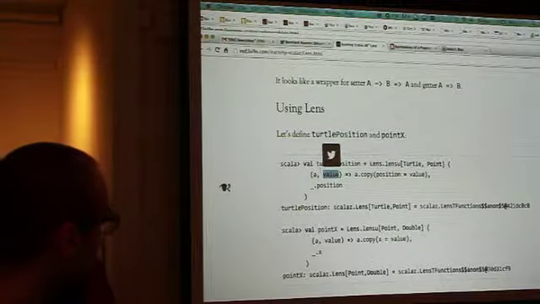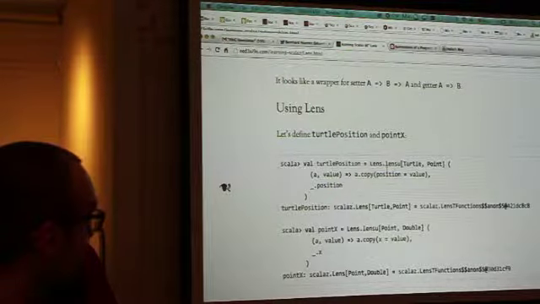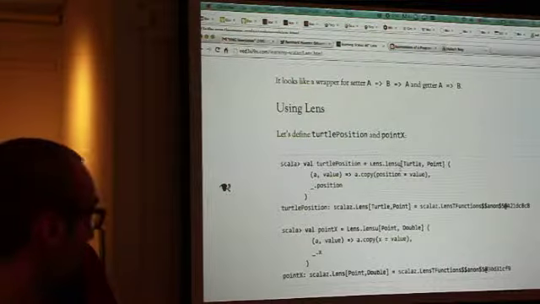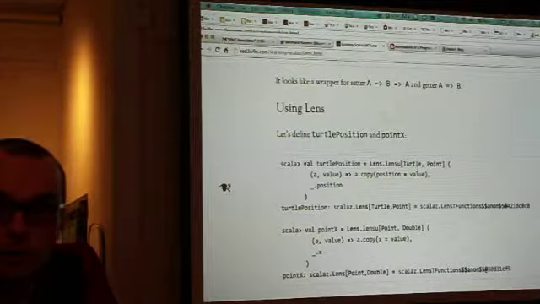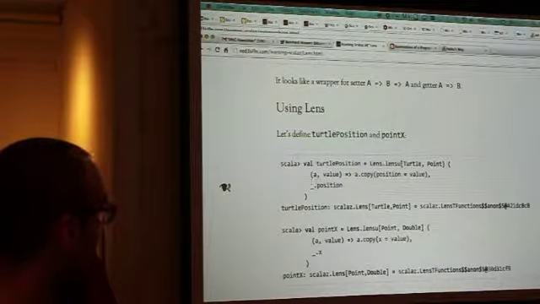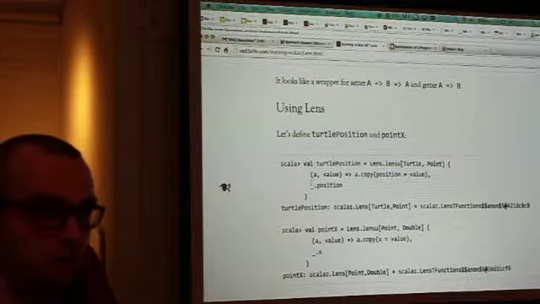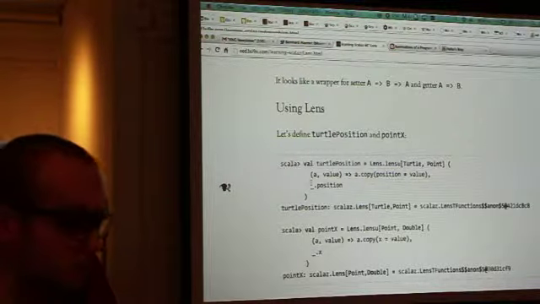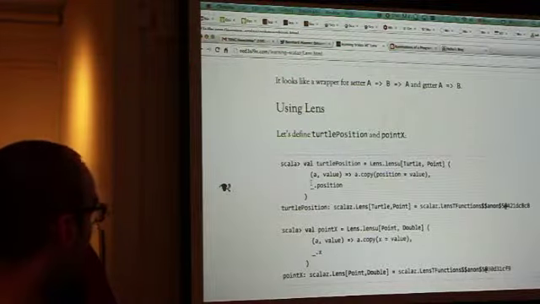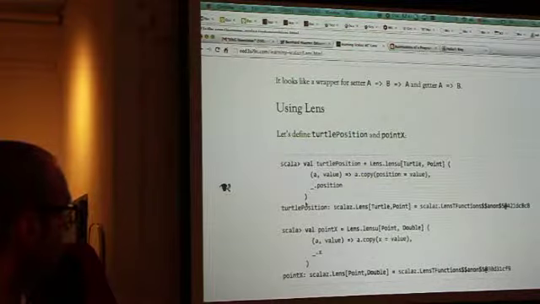You get a turtle and a new value, you create a copy of that turtle and update the position to the new value, and that's the first function. That's the setter. The second function is usually much easier because it's just a getter. So you just return the position of whatever you get. That's the two functions: just a setter and a getter. And the nice thing now is that you can start composing these